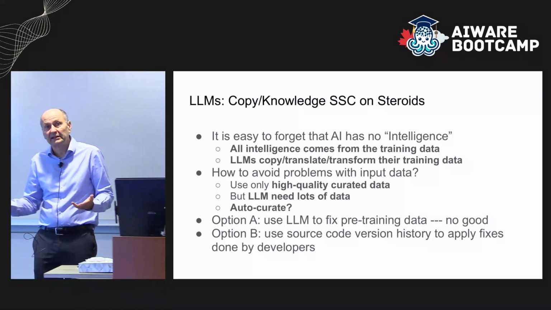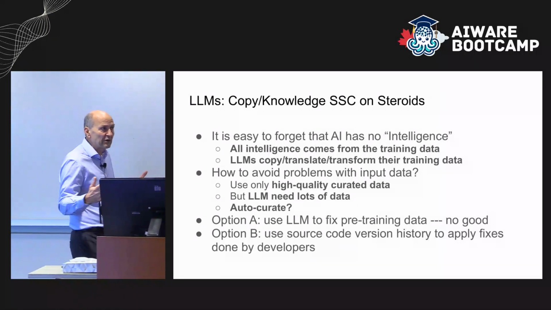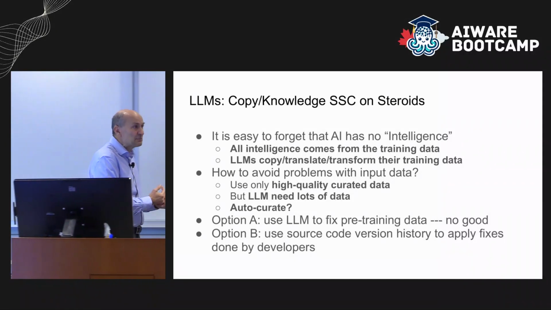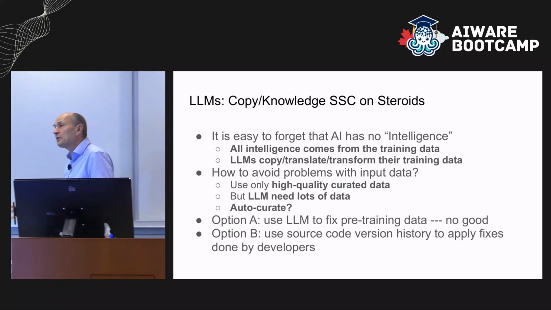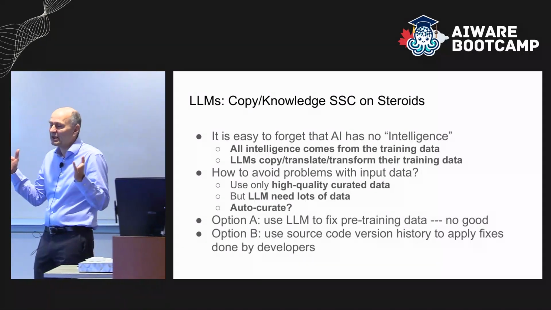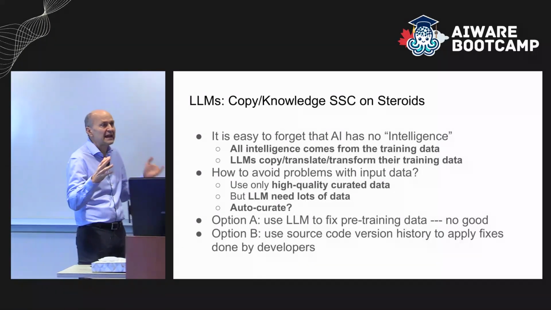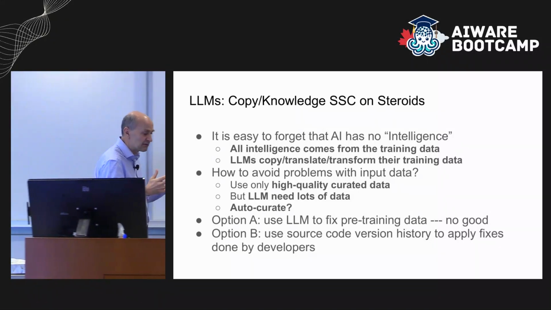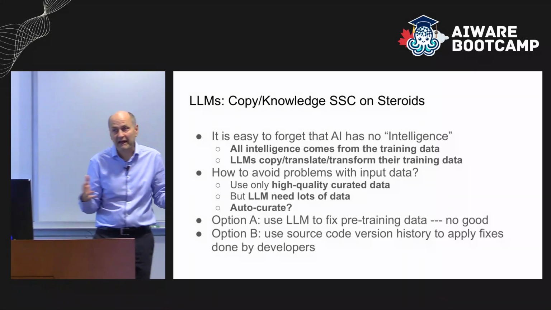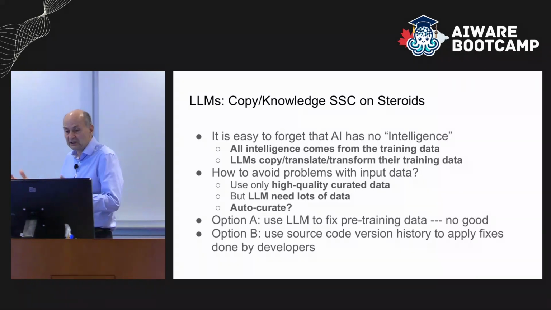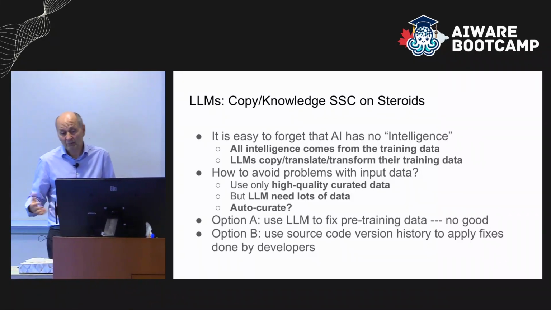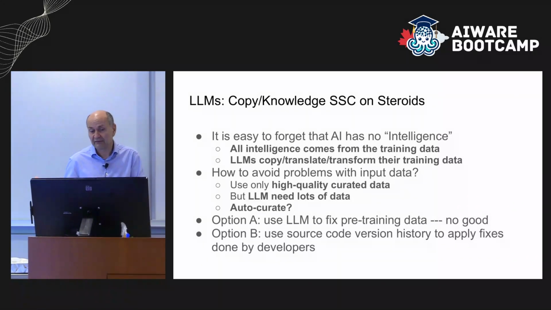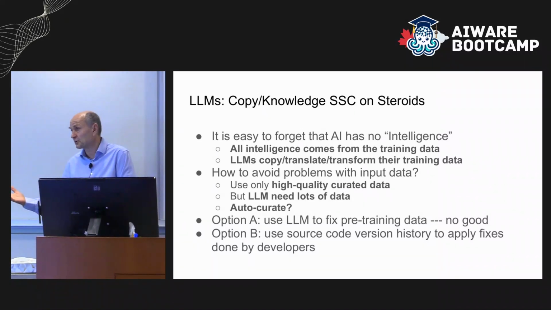Actually, a lot of the data, if we look at the supply chain from a version control perspective, has already been fixed, right? It's just that the 300 people, or maybe 100 authors, on the Stack V2 data set creation haven't really thought about the fact that they're doing deduplication, but not very smart deduplication, because when they do deduplication, they oftentimes pick buggy versions of the code when the fixed version is available.